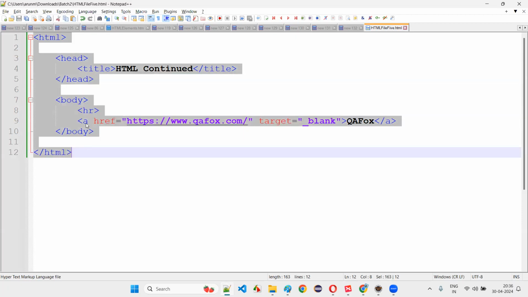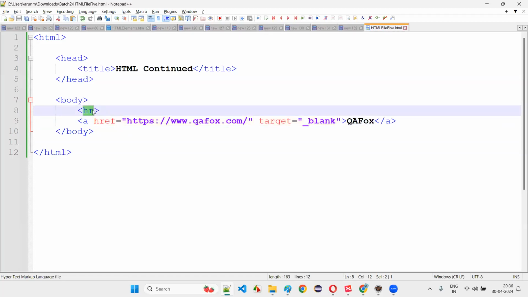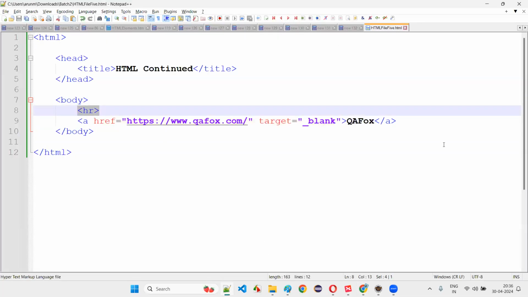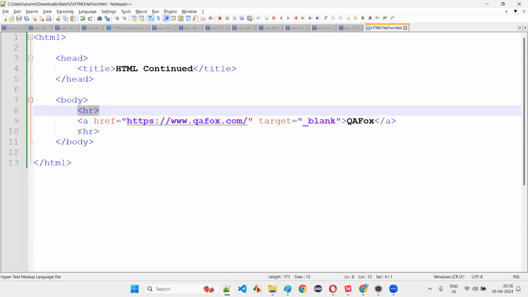A lot of tags will keep coming. There will be short-form tags, but we have to know the ultimate meaning of them. So href stands for hypertext reference, A stands for anchor, HR stands for horizontal ruler. That means a line will come. If I save this and refresh the page, earlier there was no line before the hyperlink. Now you see a line has come. Now I'll add this HR at the end of this anchor tag, save it again and refresh the page. You see a horizontal ruler is coming. Wherever I put HR, a line comes. In this HTML code, wherever you write HR, you will get a line.